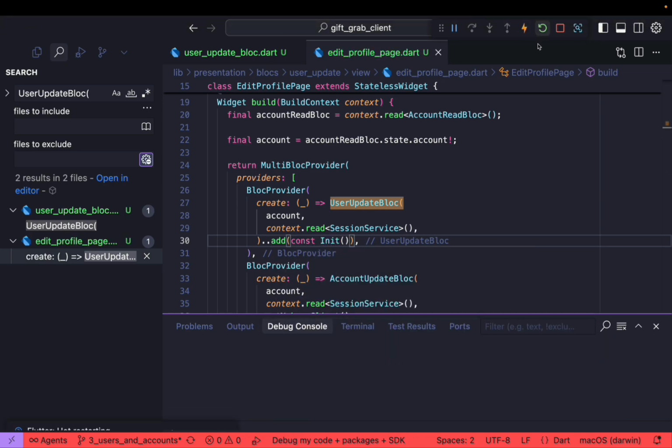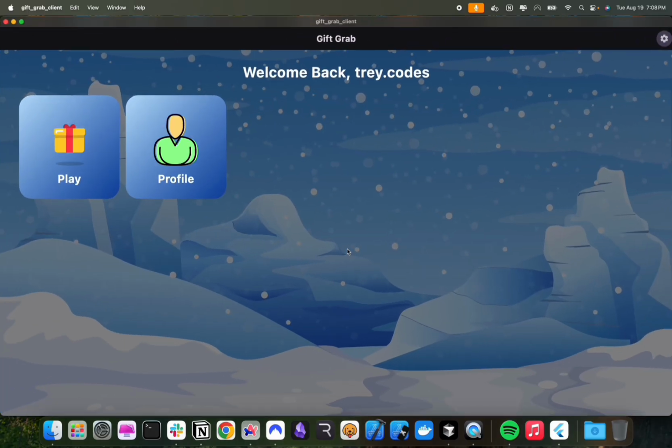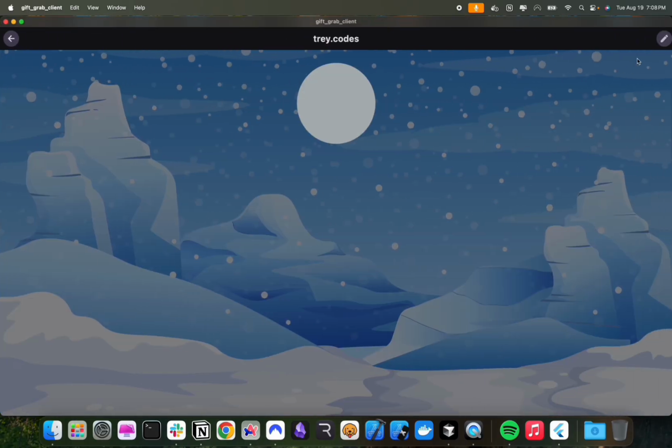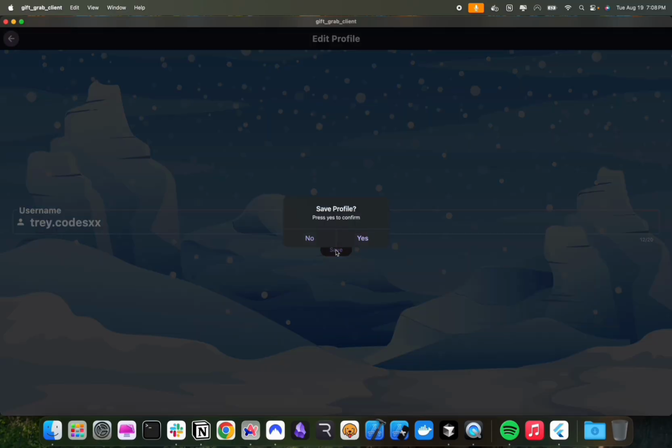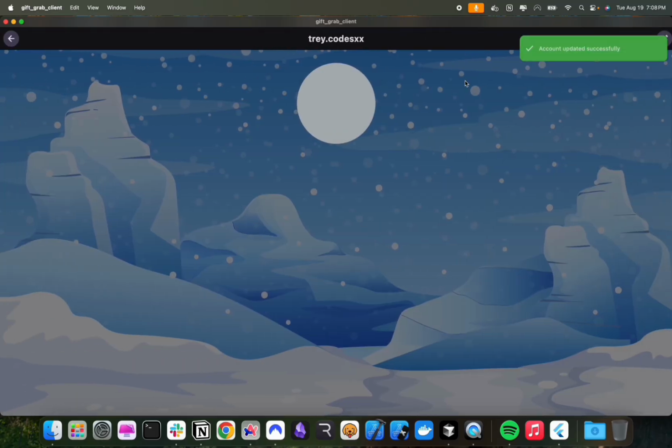All right, so let's refresh this now and see what we get. Go to profile, trade codes, and now my name is in the form. Perfect. So let's change my name to something like trade codes XX. If I hit save, it says account updated successfully. I'm popped back to the previous page, and as you can see, my username changed up here as well as